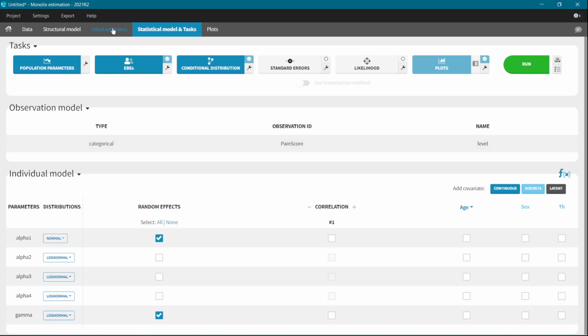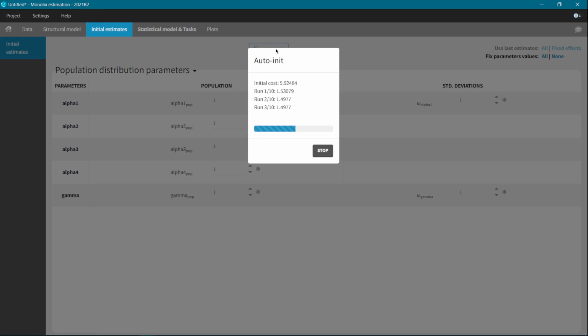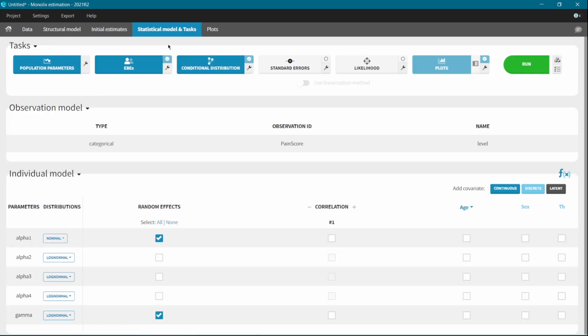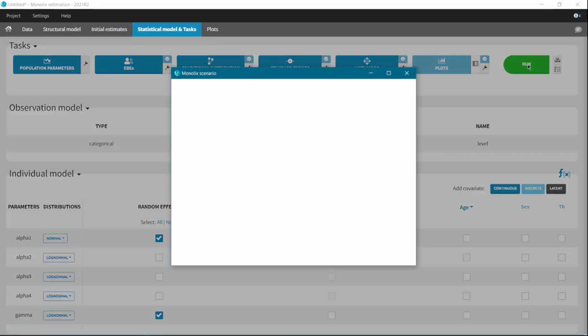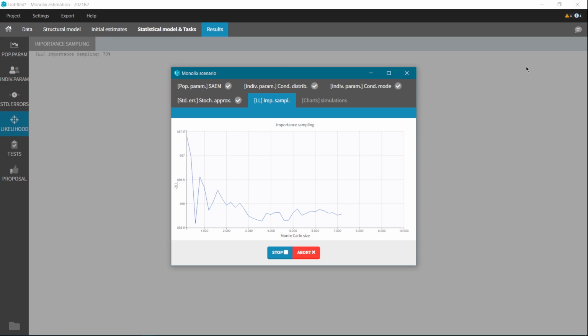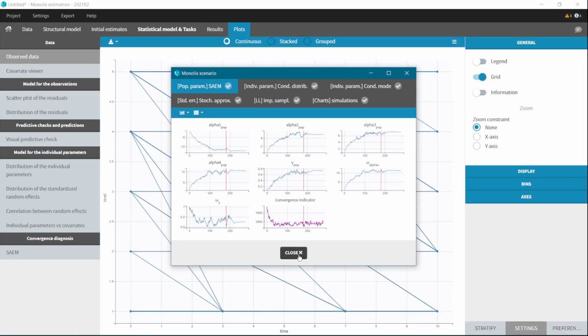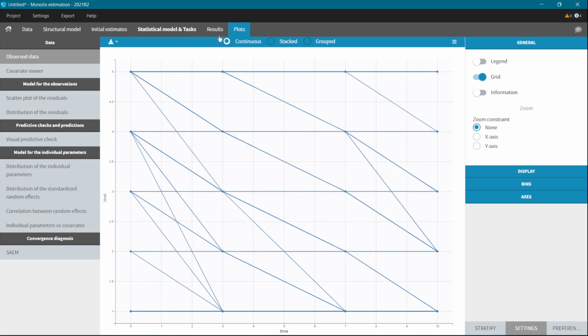Now we can go back to the Initial Estimates tab and run the auto-initialization, and then go to Statistical Model and Tasks, select all tasks, and run this scenario. The next step is the assessment of the goodness of fit. In the results,